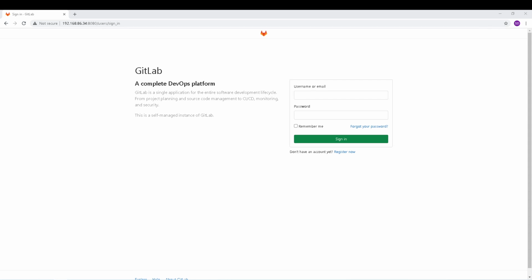Hi everyone, in this video we are going to see how to create users, groups and projects. Once you have your GitLab running in Docker, it can then be accessed within your network. So currently I'm accessing GitLab from a Windows PC and you can see I'm on the sign in page of